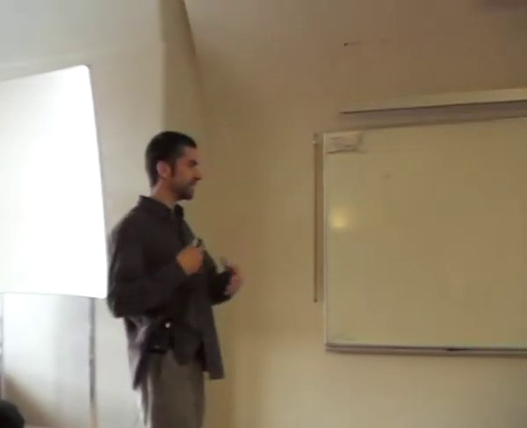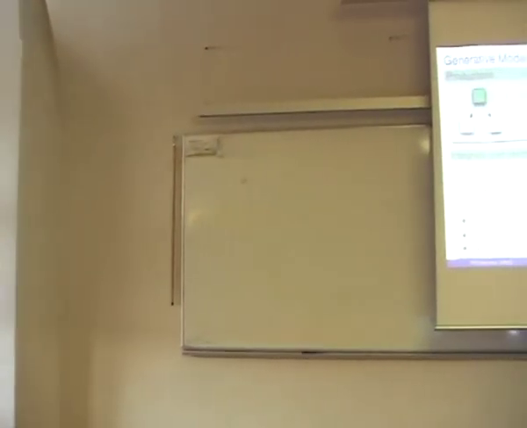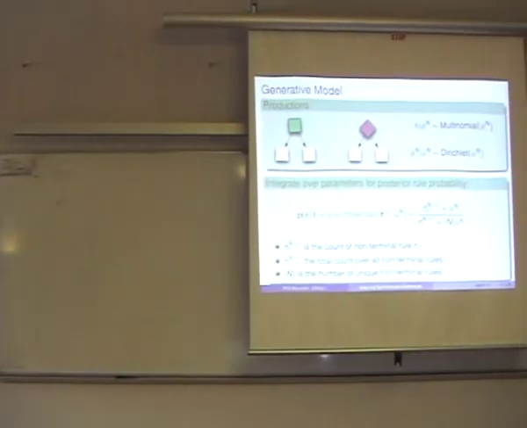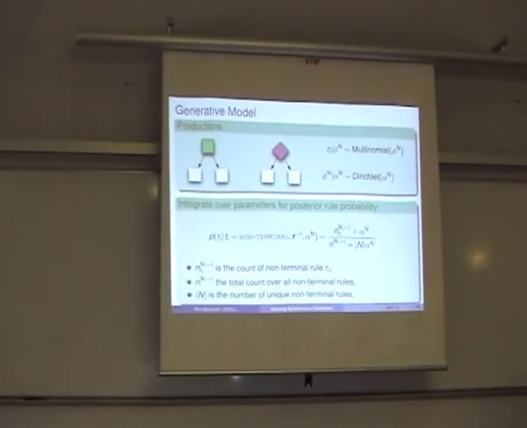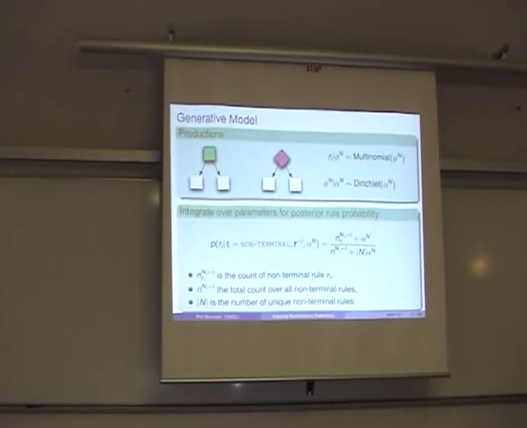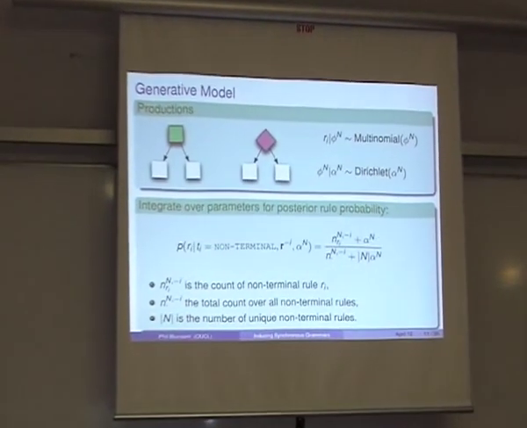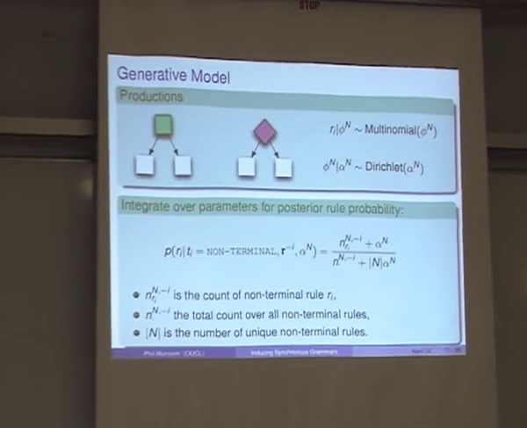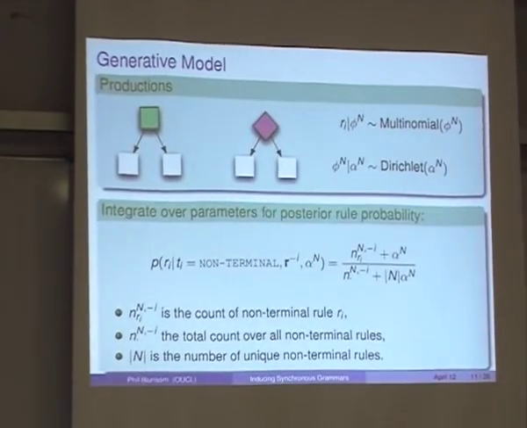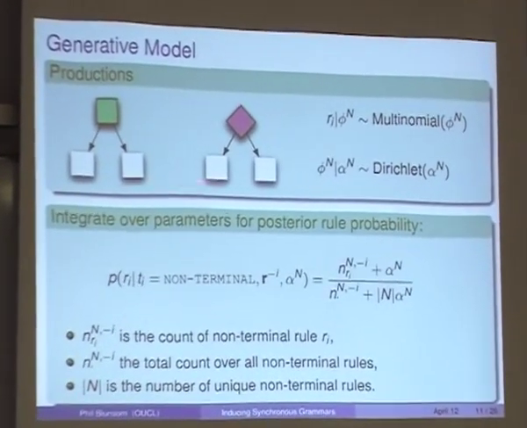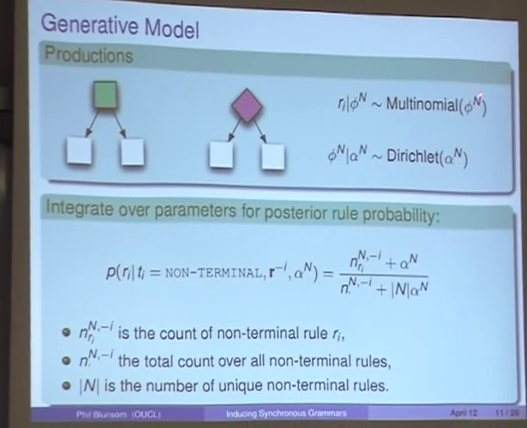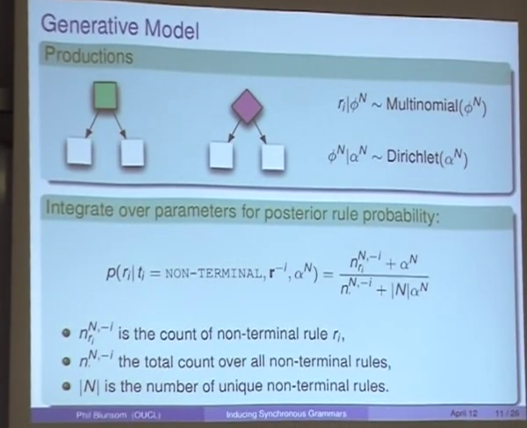So again, we have a bit more of this Bayesian mathematics. Don't worry too much if you don't follow all these Dirichlet distributions and such. I'll just try and convey the intuition. So again, we're going to have two important distributions that we want to model. We want to model the productions which are internal in the tree. So that's our monotone productions and our reordering productions. And as I said earlier, these are distributed according to a multinomial stated up in the top corner here.